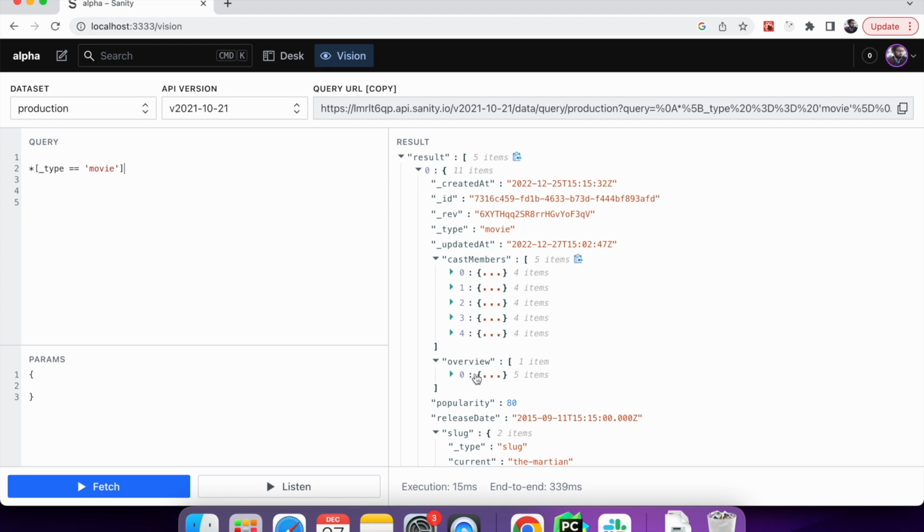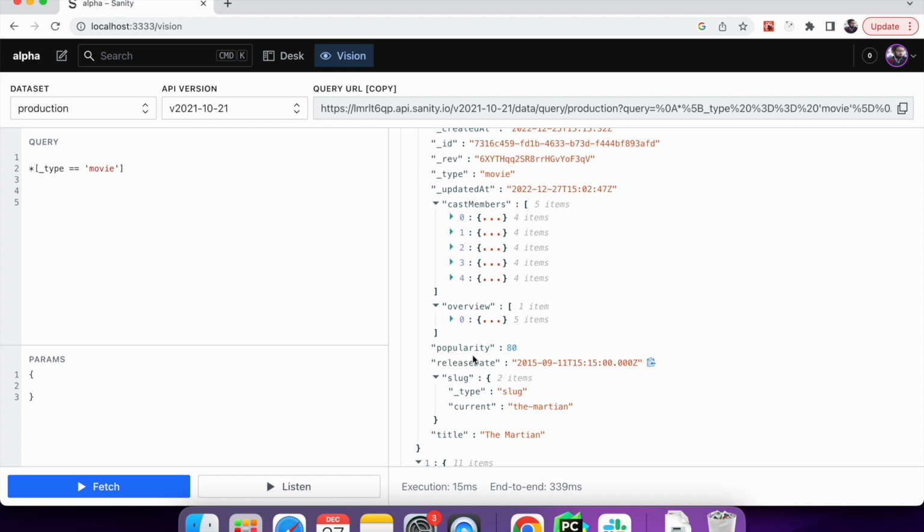Let's say we want only the title and the release date. We want the cast members. So let's just get these three fields. So we want title, we want cast members, and we want the release date. So over here you can see whatever properties we want, we can put next to the filter